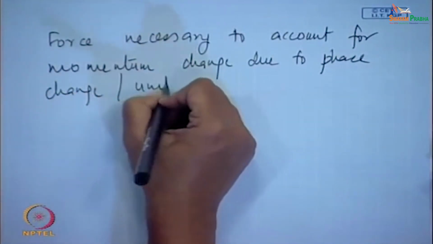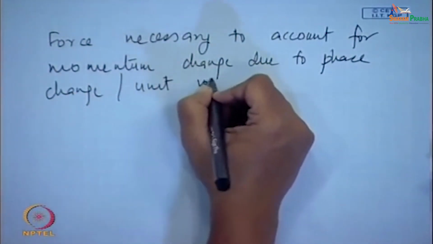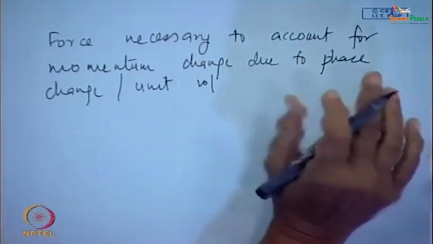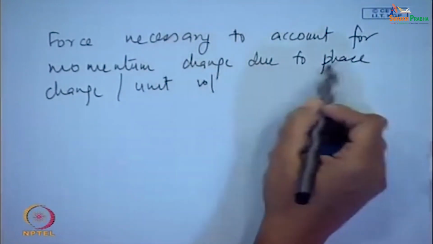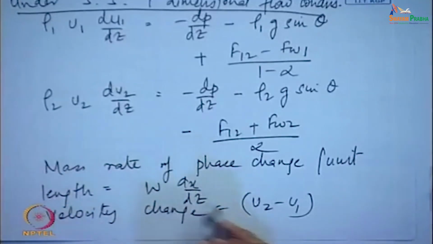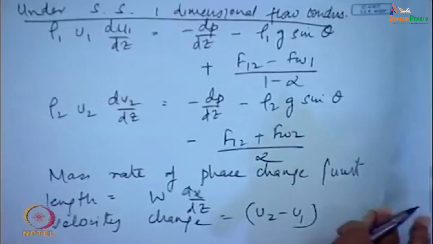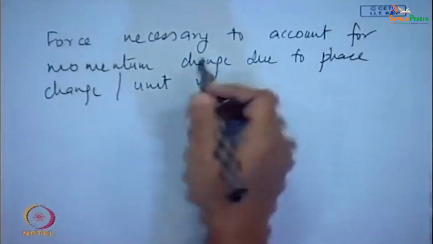per unit volume. For per unit volume of say any of the phases, what is the total force that is there? Total force must be the mass rate of phase change into the velocity change, that will give you the force which is associated with phase change. Do you get my point? So, therefore, what is that? That is going to be nothing but